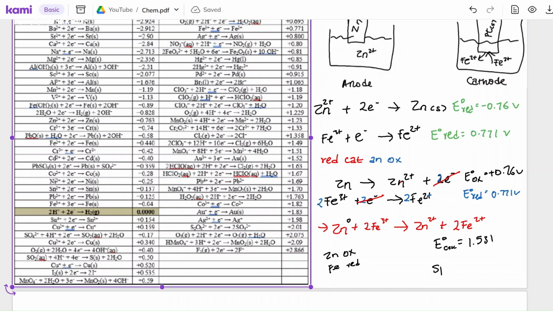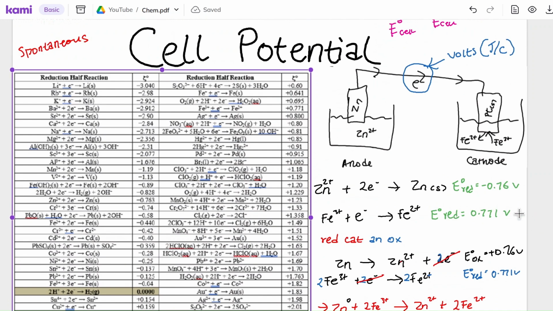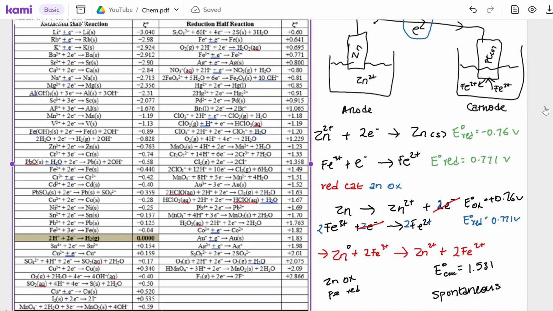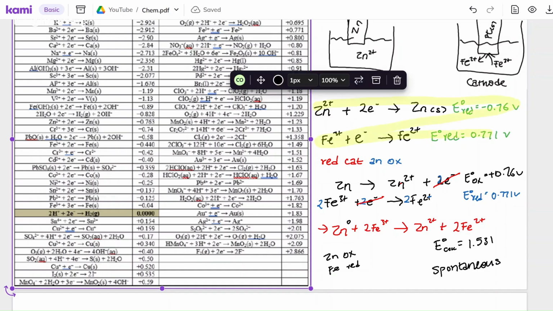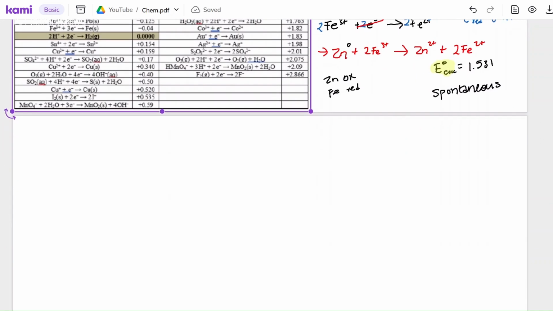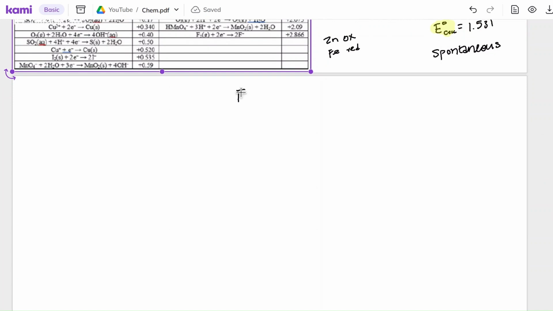So spontaneous. And another thing to know is the easy way. Let's say you're asked a question, you're given these two values, and you're told to find the total potential for the cell. So you're told to find this E cell. Instead of having to write out the full reaction, there's a shortcut formula you can take, and the formula is the E of the cathode,